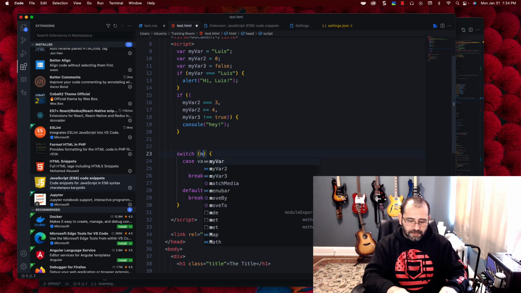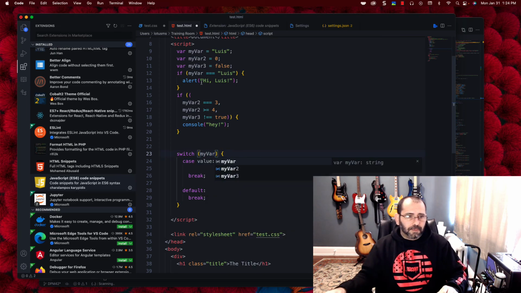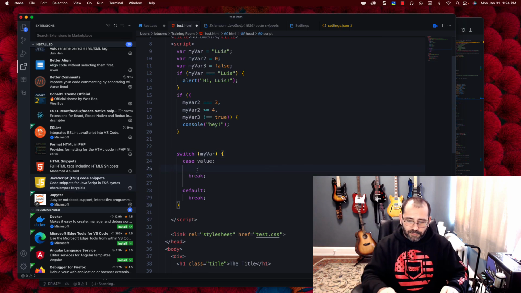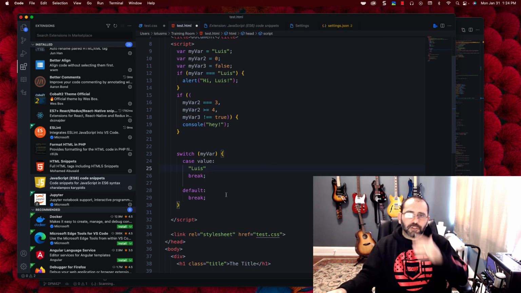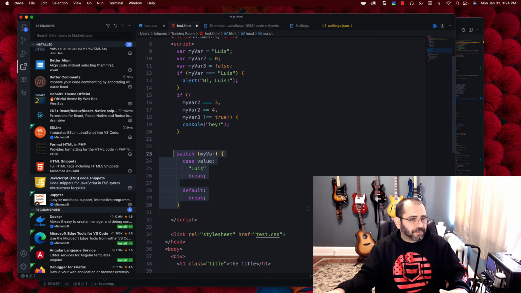Let's say I'm evaluating my variable here, and now here you go, I can just put if it's Louis, then do this. If it's Peter, do this. If it's whatever. I can add as many cases as I want. I'm not gonna teach you how a switch statement works. That's for another class. This is just to show you how the snippet works. Okay, that you can just pull up a bunch of stuff in there. All right, so